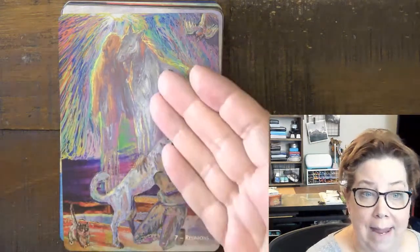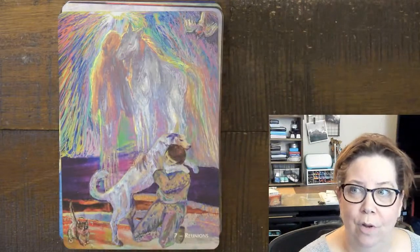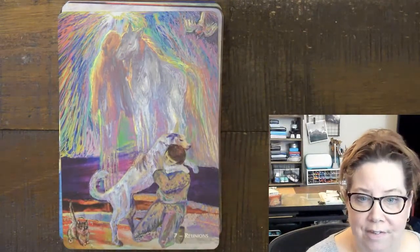The kinship, animal kinships that have passed on before us, human people that have passed on before us, animal guardians that have passed or are just waiting for us or we have connected with. And just this moment of being able to, we connect with these energies all the time in our,